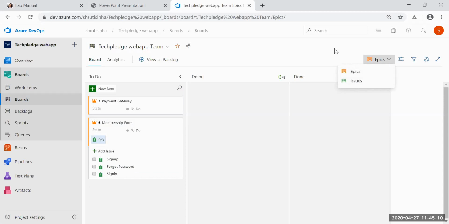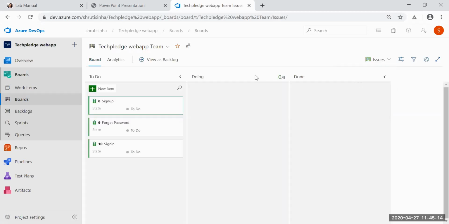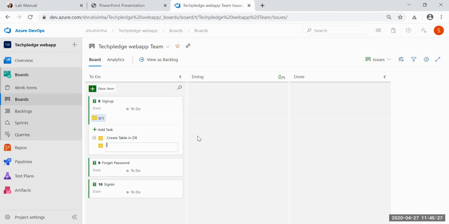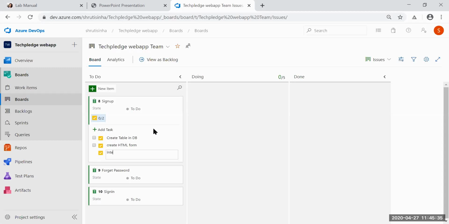We have to get into that and create tasks. If I go under issues, these are the three issues that we have defined. Now we have to define tasks under issues. So you see, at the micro level, you are defining each and every component, task and action of your project. And your project manager can see the development and the timeline of each and every component.